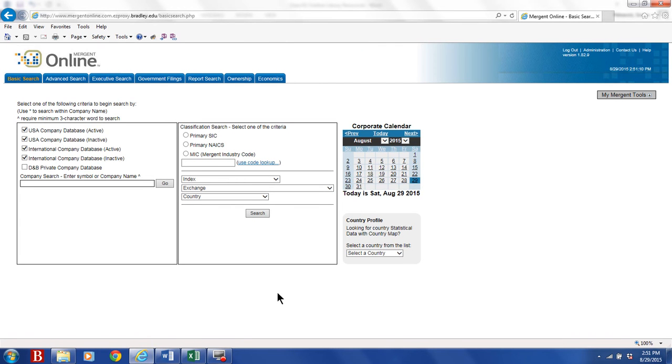Okay, so Mergent Online gives us an opportunity to look up information about specific companies. Previously, we were looking at a research resource that provided articles and printed information about different topics. In this case, we're going to do some research about a specific company. We're just going to focus right now on the basic search option,